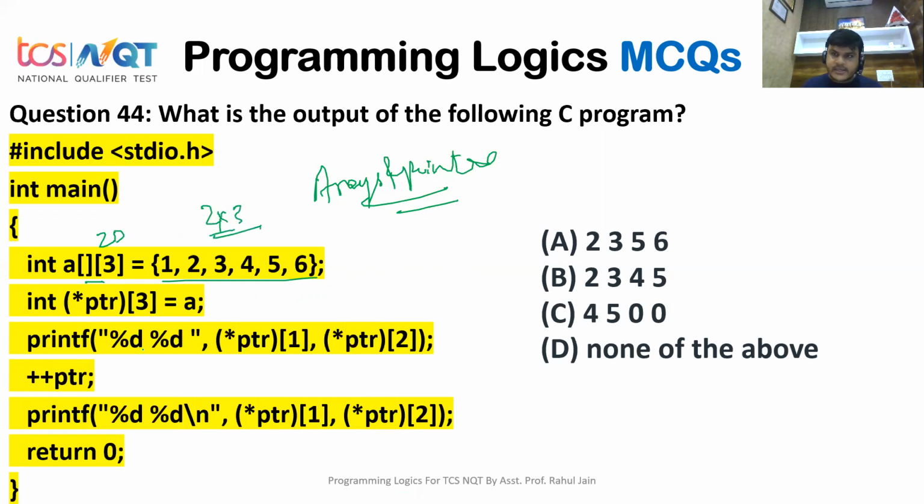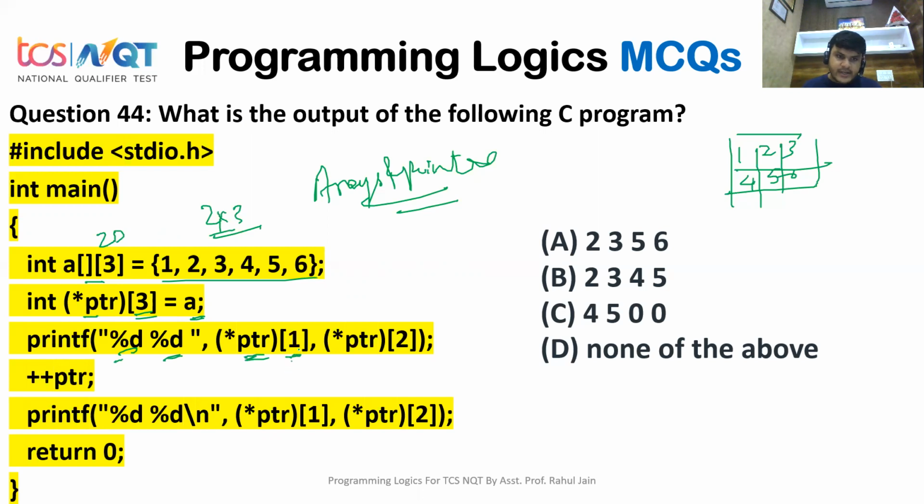Or if you'll see here, it would be stored like 1, 2, 3, 4, 5, 6 in array format like that. Okay, it is the correct representation of it. Now if you'll see here, int *ptr = a, so we are assigning the address of that variable, the array a, to the pointer. Okay, and then we are printing %d *ptr1.